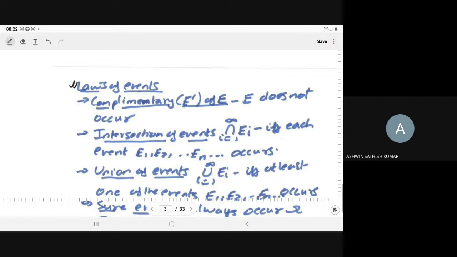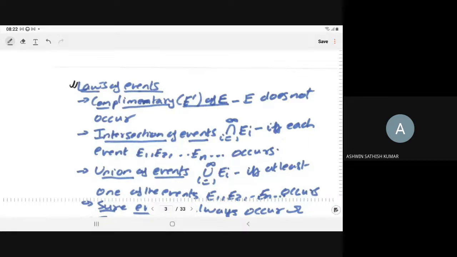Then the intersection of the events. Intersection of the events means that each event E1 to En occurs. If we have multiple events and each event is occurring, it means we are computing the intersection of the events. For example,